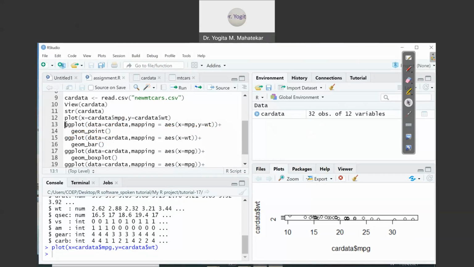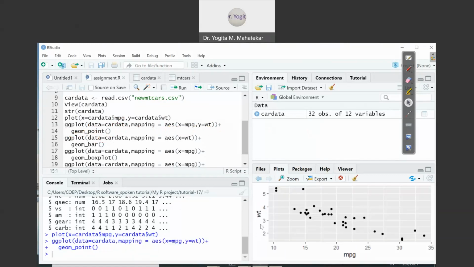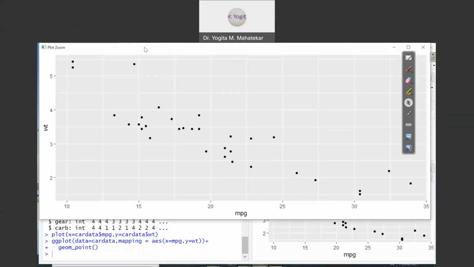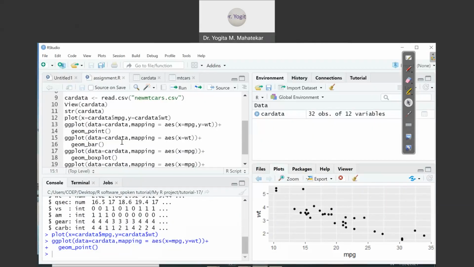When I compile this line number 13 by pressing Ctrl Enter, one can see in the files and plot window this kind of scatter plot. It is with scaling and in point form, instead of those hollow dots that were appearing. One can also see that the x-axis and y-axis names have been changed to simple mpg and wt, which is quite good to look at for a scatter plot. So the scatter plot now is the enhanced scatter plot that we have made using the ggplot2 package. Let us close. Now similarly, you can draw the bar diagram for a particular variable.